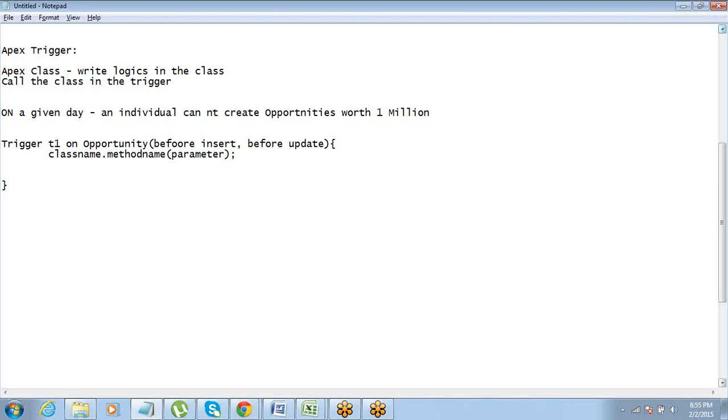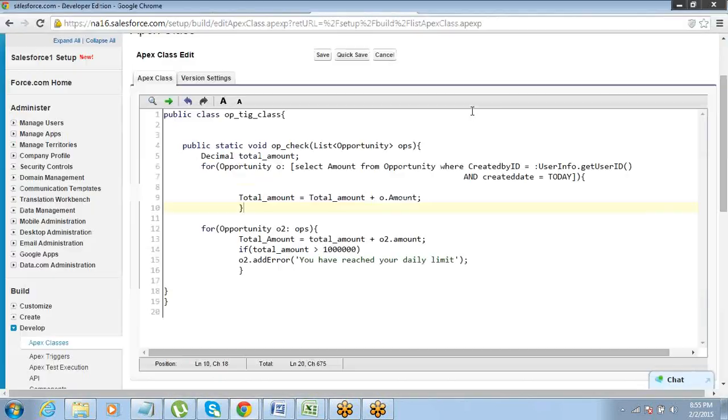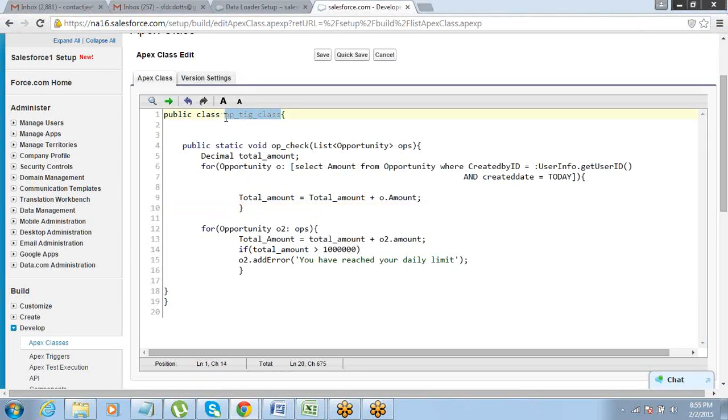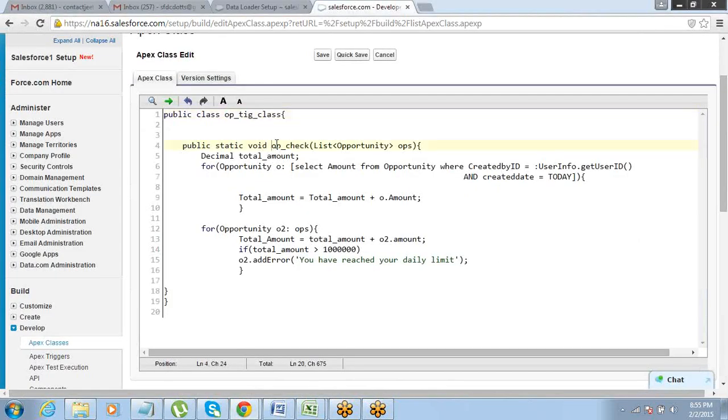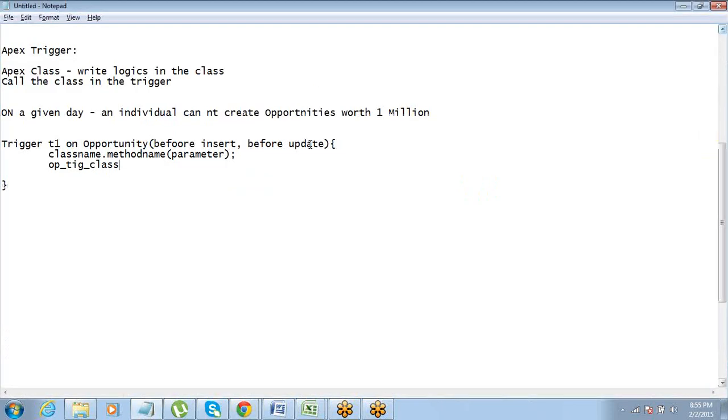So in this case, what is my class name? This. What is my method name? Dot this. And what is the parameter that I'm going to supply?